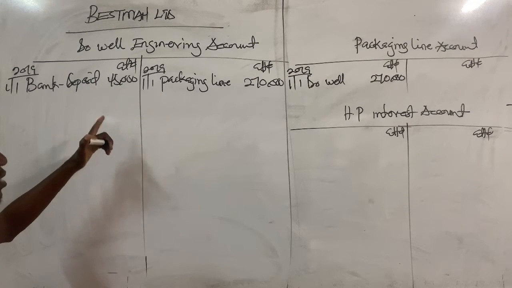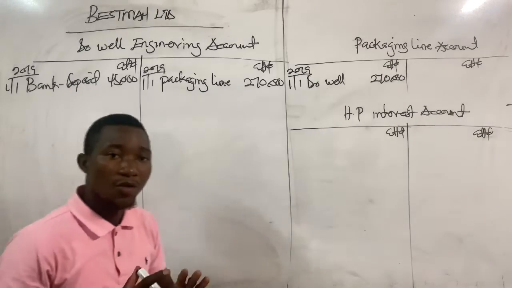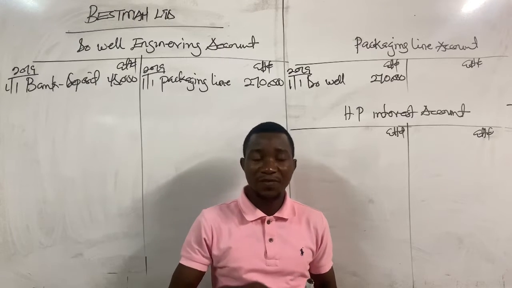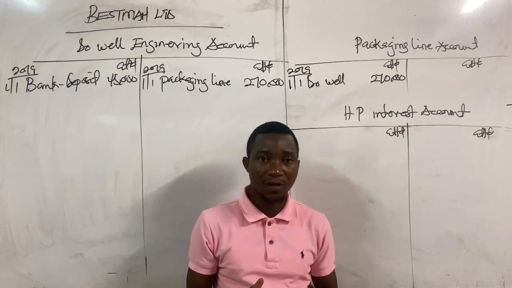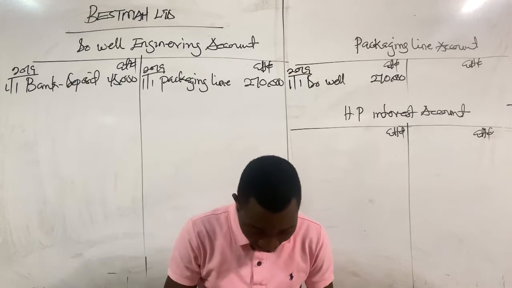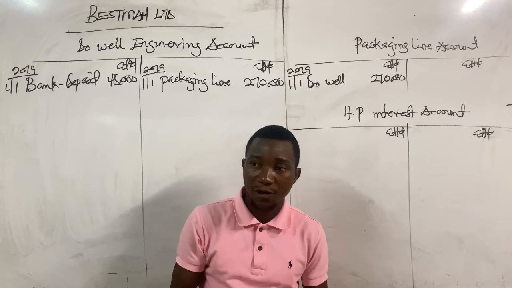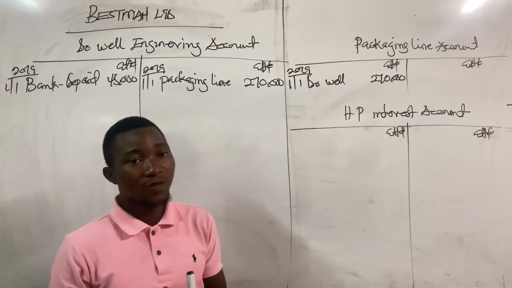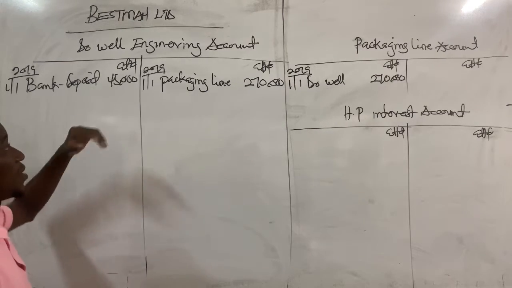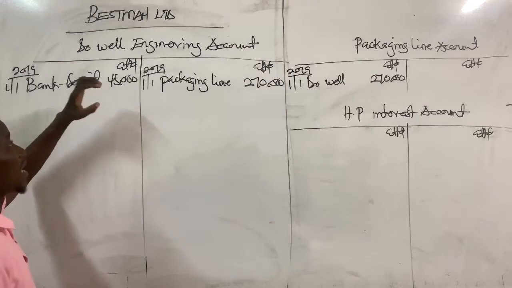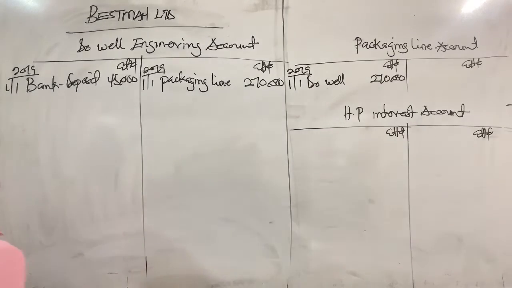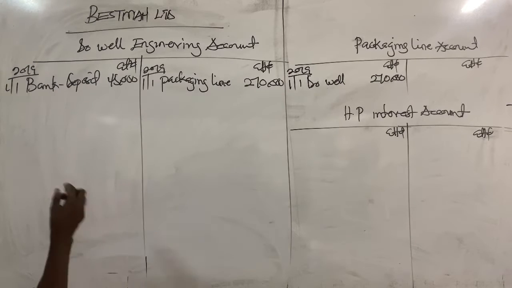Now that we are done with this entry, remember that there is also a first installment that is being made at the end of 2019. Okay, so we consider the first installment as well. From the question, first installment has been made at the end of 2019 of an amount of 120,000 Ghana cedis. Okay, so anytime an installment payment has been made, it will be debited to the hire vendor's account to reduce the asset value. Is that okay? So that is at the close of